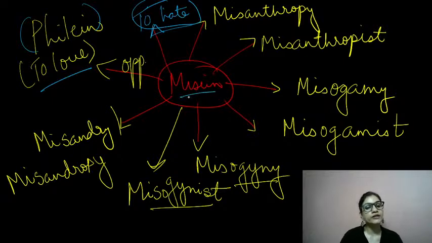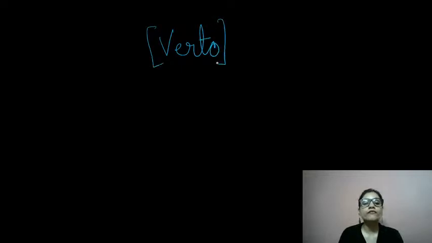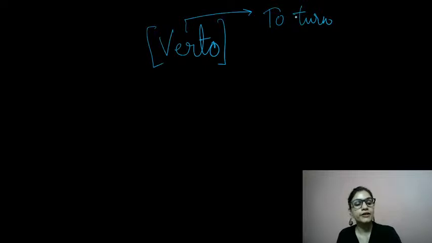अगर ये word roots clear है, तो I think everything is clear. ठीक है? So I think this one picture is enough for the entire words we've done for this slide. Okay, if we are done with this one, let's move ahead to the next one now. I hope ये missing के सारे words याद रहेंगे. ठीक है? If you're done with this one, let's talk about another word that is referred as virtu. What is virtu? Virtu is a Latin term that refers to turn. ठीक है? Virtu का मतलब है to turn.